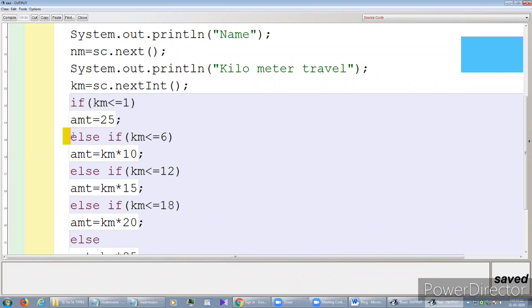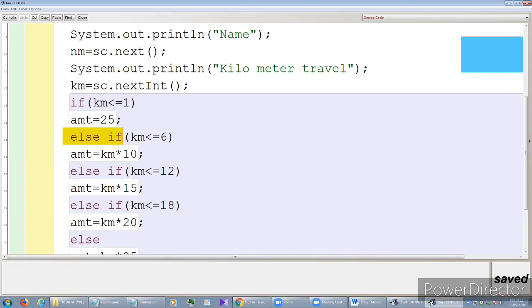Else if km less than or equal to 6, then amount is km into 10. That means in the second slot, if you travel more than 1 and up to 6, you have to pay 10 rupees per kilometer.